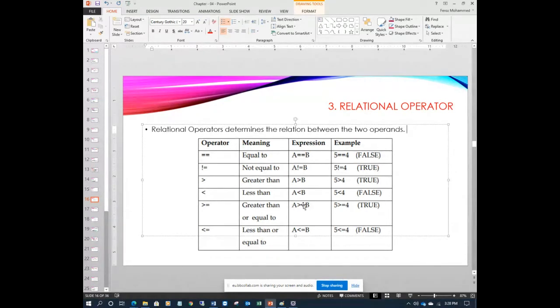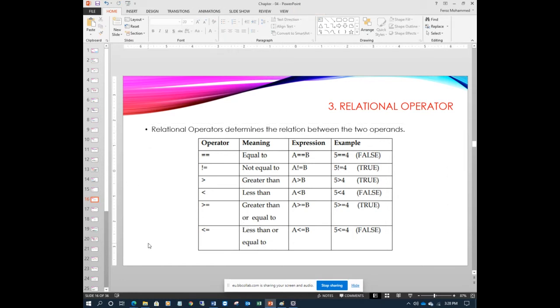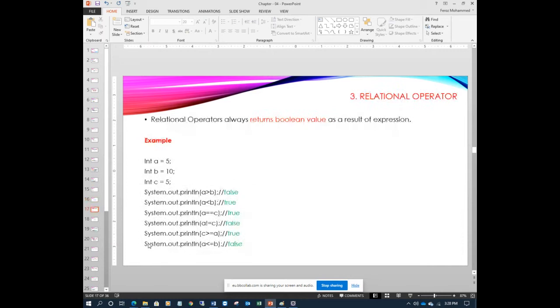Similarly for the other one, it is true. It returns true or false. So a relational operator always returns a boolean value, meaning it gives back an answer.